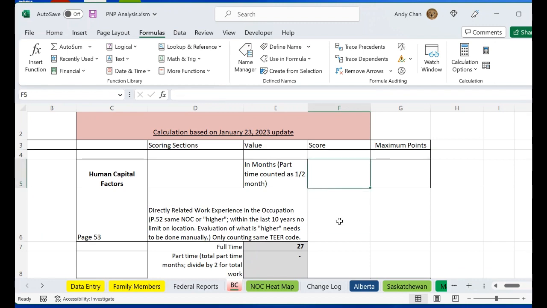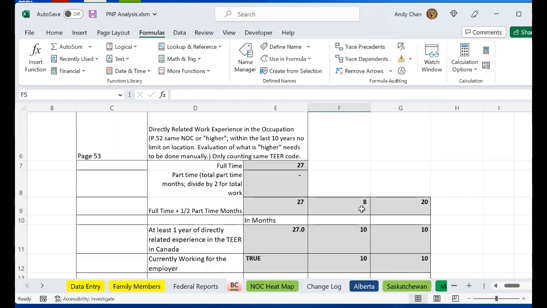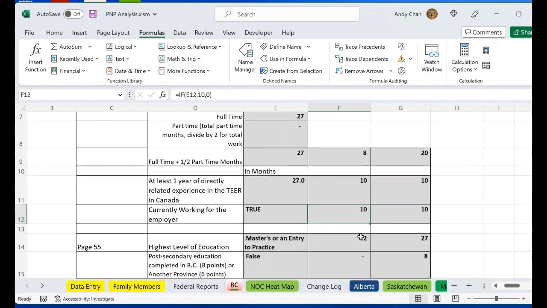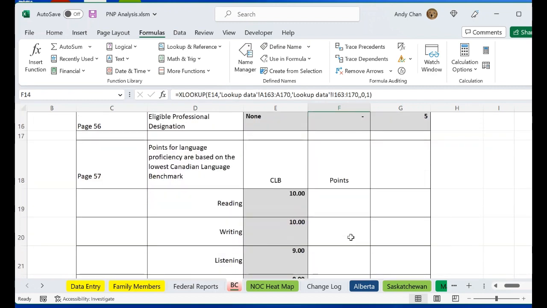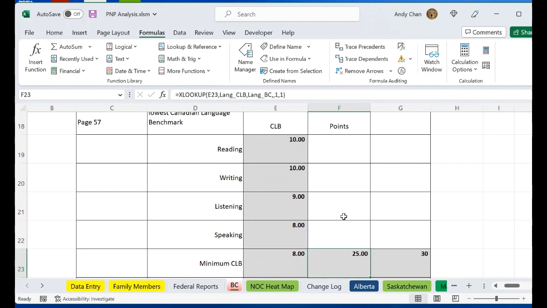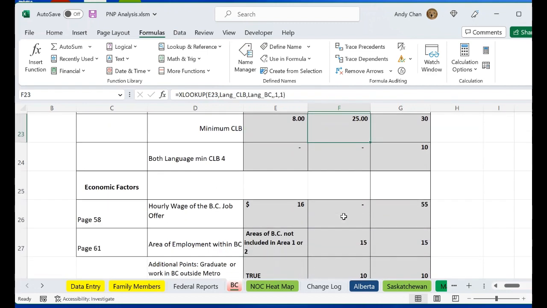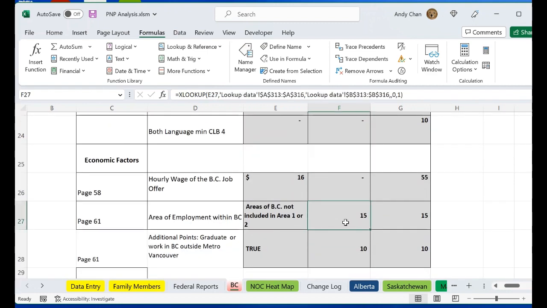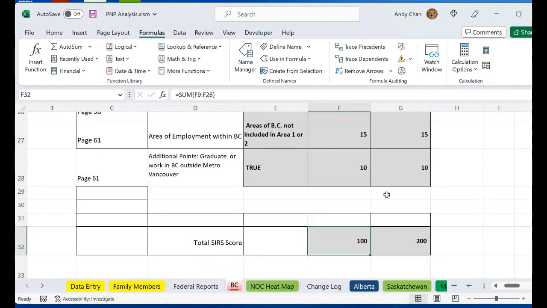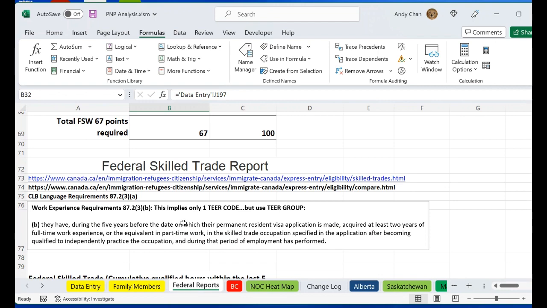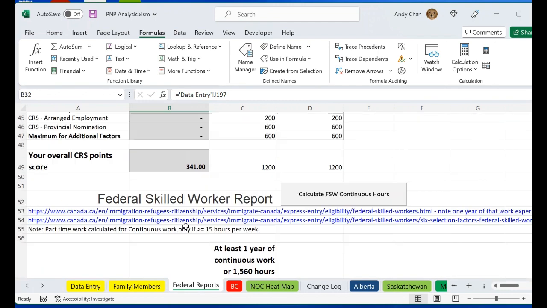And here's her score. Her score is 8. For her work, at least 1 year was in Canada, yes. Currently working for the employer, yes. Higher level of education, master's degree, 22. Scroll down, she got 25 points for her language ability. Her area of employment is outside of the Vancouver area again. She got 100 points. Based on that, I'll show you the